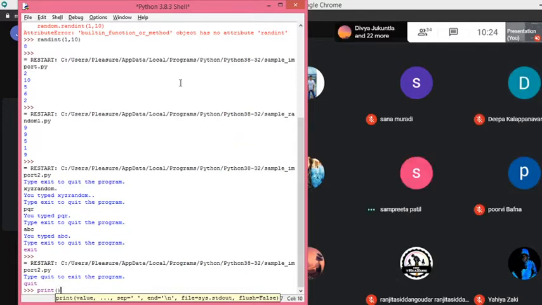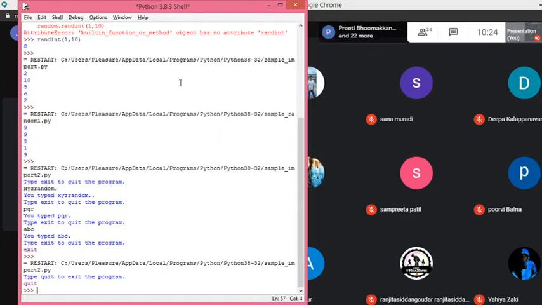So print is one function that you already used. Likewise, we have already used the function called type to know the type of the data, whether it is integer type, floating point type or string type. Then we have also used the function called input to read data from the keyboard.